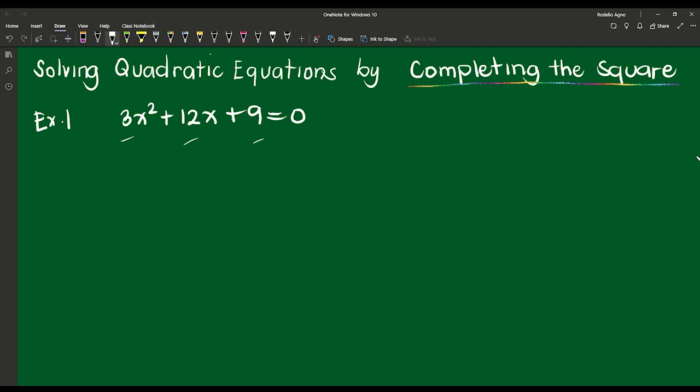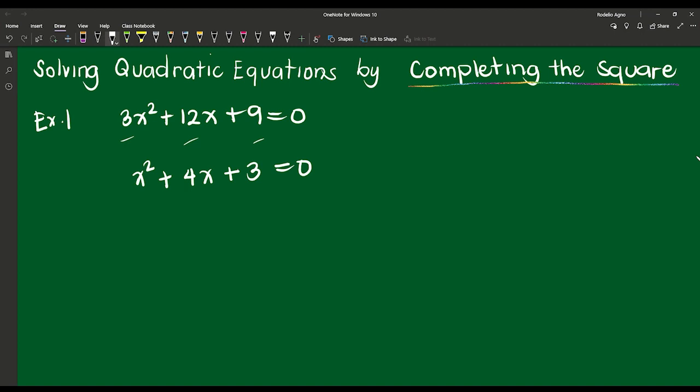So if we will simplify, so 3x squared divided by 3, that's going to be x squared na lang, tapos yung 12 divided by 3 ay 4 na lang, 4x. Then 9 divided by 3, that's going to be 3 na lang. Okay? So if you will have x squared plus 4x plus 3, here's what you're going to do